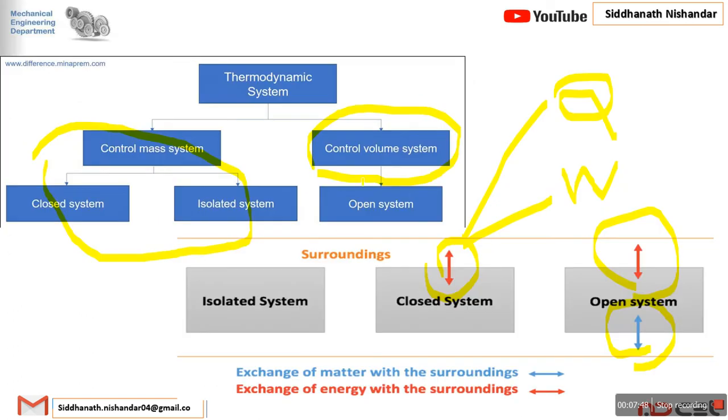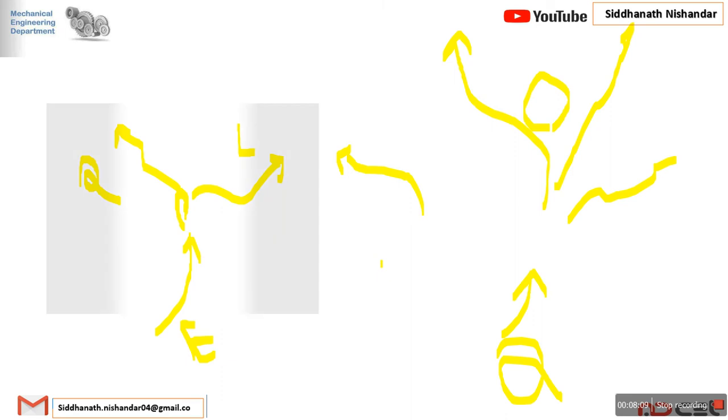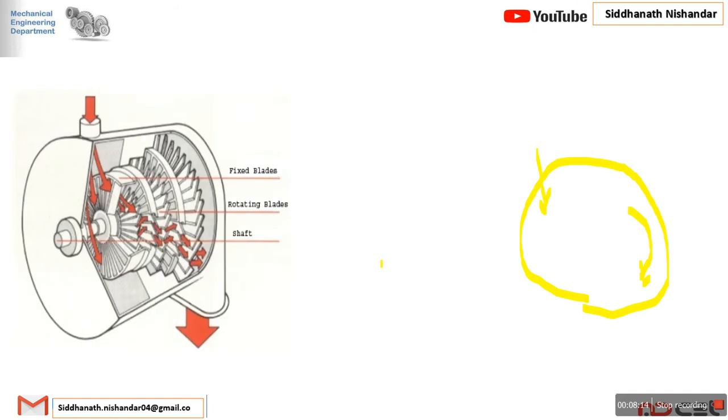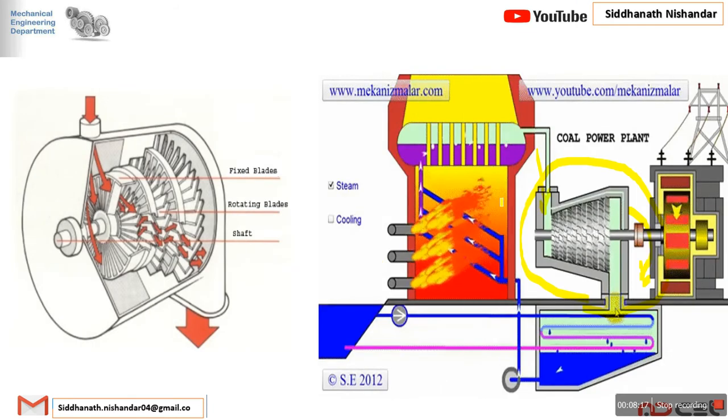In case of an open system, it is called a control volume. In an open system we see there is a transformation of mass as well as energy, and that mass flows over the control volume. What amount of volume you provide, according to that it works. So if we take the example of a steam turbine, the inside chamber of the system is called the control volume. The whole amount of steam flows over that volume only, and then it gives work.